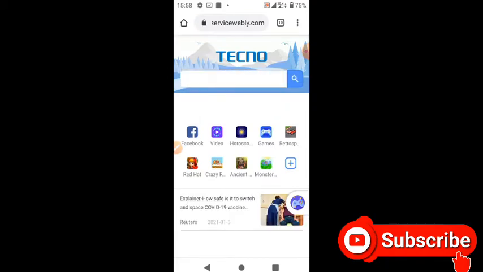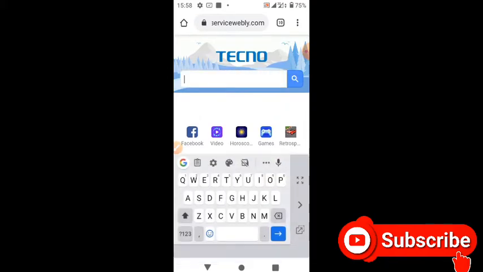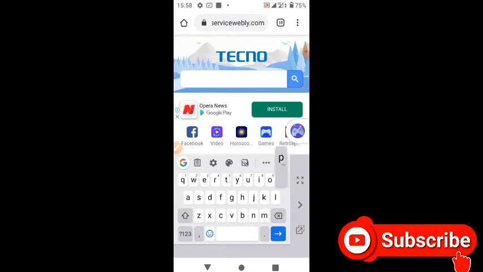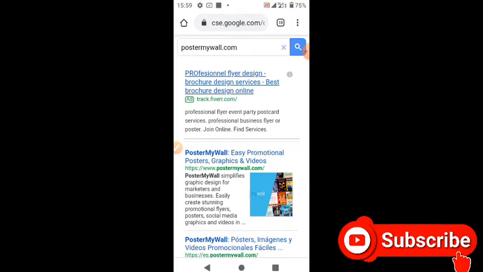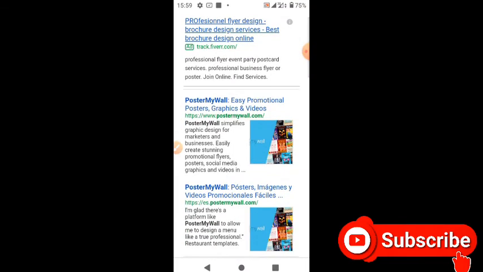After opening the web browser, we search for postermywall.com. After searching for this site, we click on the second link over here.